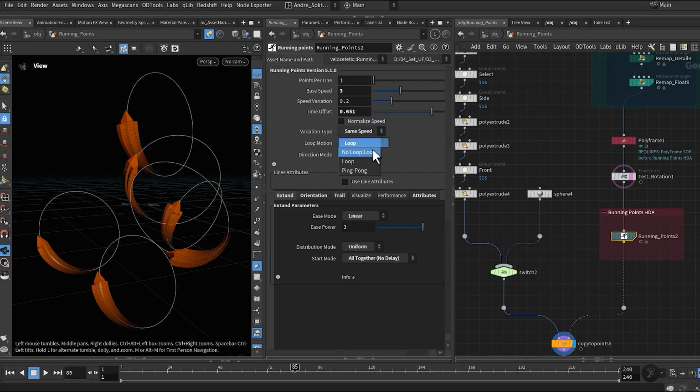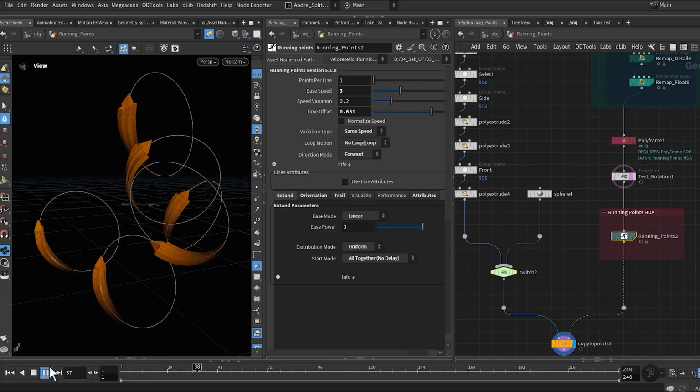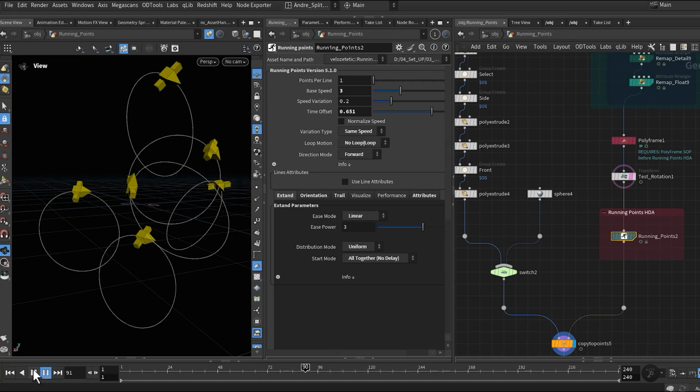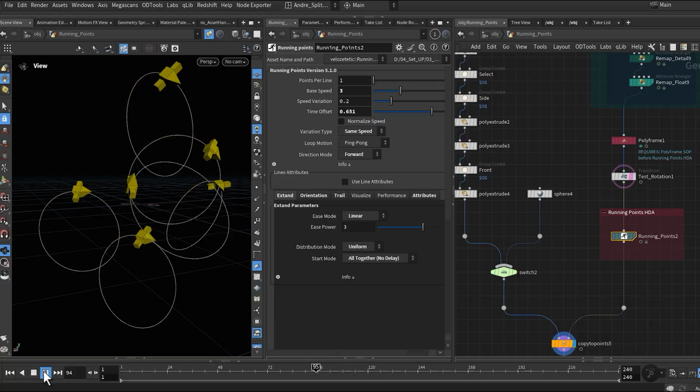If we change it to no looping, the point stops. But if we change it to ping pong, the point changes direction.